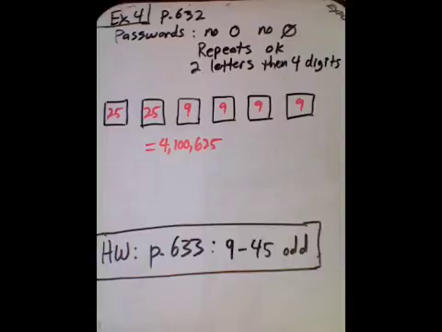Right? So the fundamental counting principle, well, we have how many choices for our first letter? Well, any letter will do except for O, so that's 25. And the second letter, well, we can repeat, so we still have 25 choices for the second letter. And for each of the 4 digits we're going to choose, we can repeat, but we just can't use 0, so we have 9 for each of those. So the answer is 25 times 25 times 9 times 9 times 9 times 9, which is